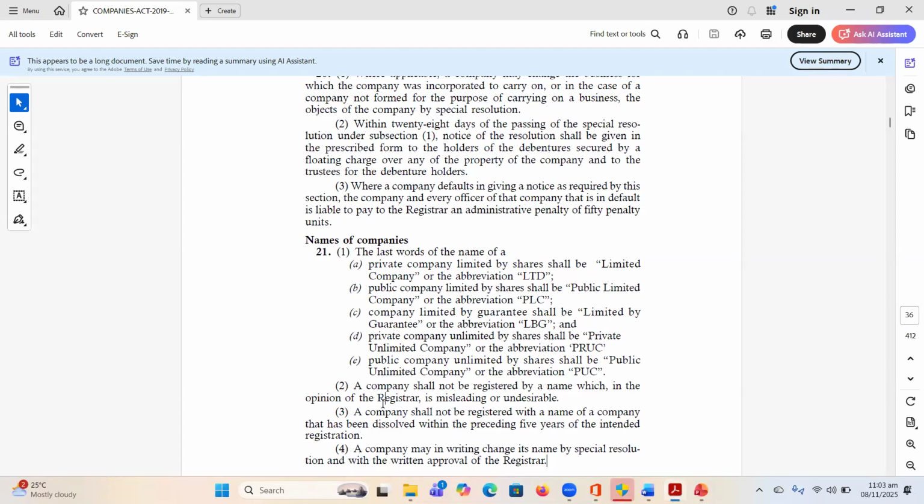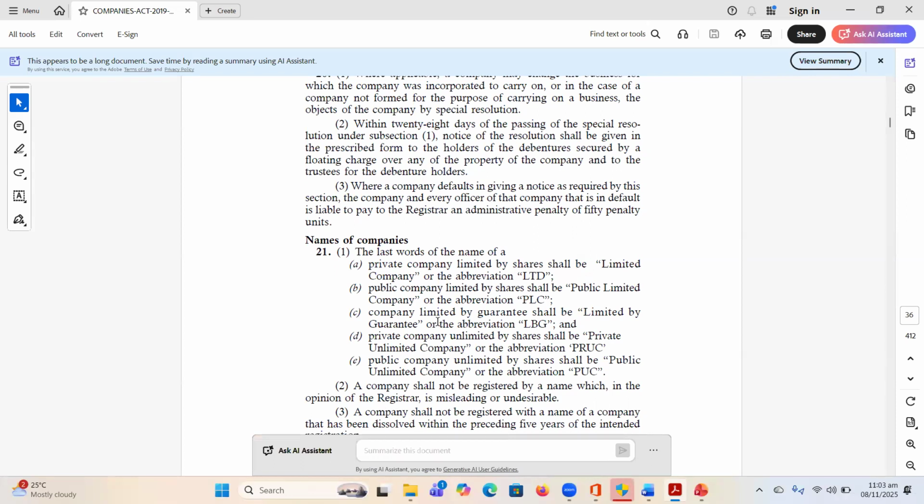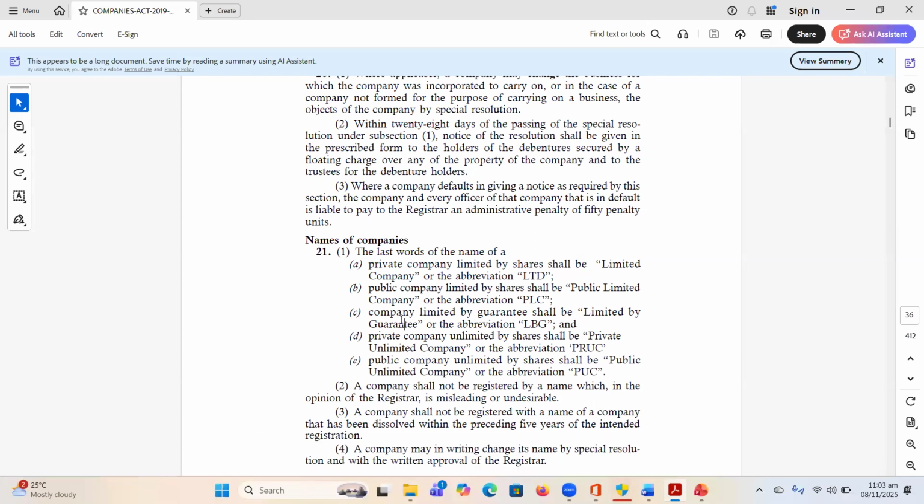Yeah, so let's take section 21.4. No, but before 21.4, the 21.3, it's important to remember that if you are going to present a name for registration, the name should not be the name of a company which has been dissolved within the preceding 5 years. So if there was a company which was dissolved, let's say 4 years ago,